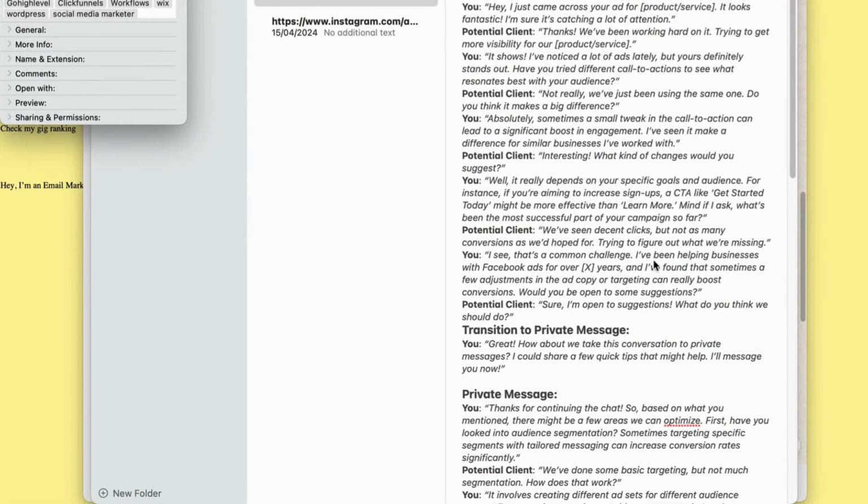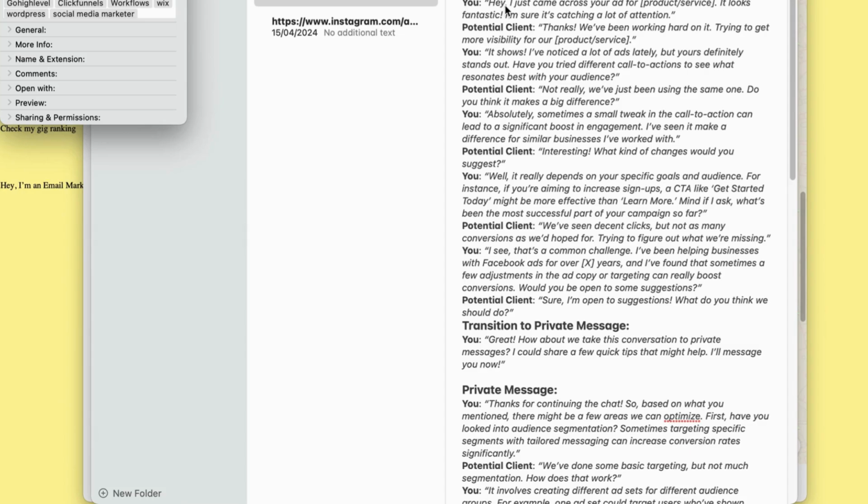And here it is. Now I can just comment on that section, like I have a discussion with him under his comment section. "Hey, I just came across your ads for a scarf product. It looks fantastic. I'm sure it is catching a lot of attention." And let's assume he replies with something like this. I give him some, but I now